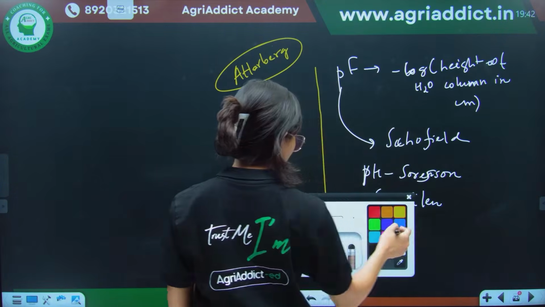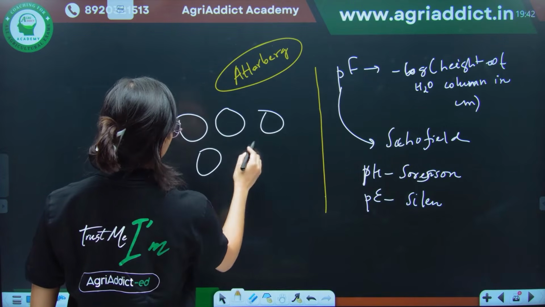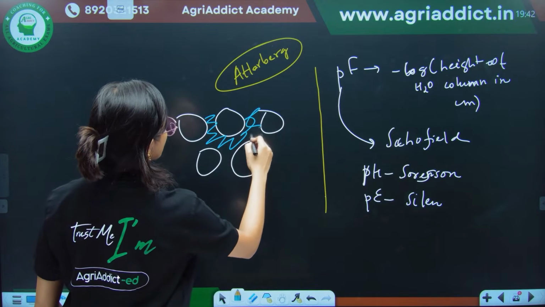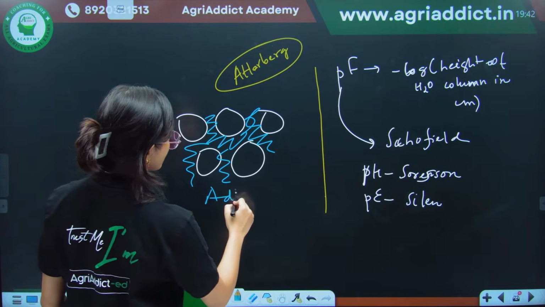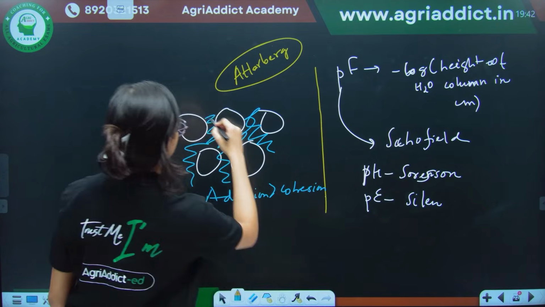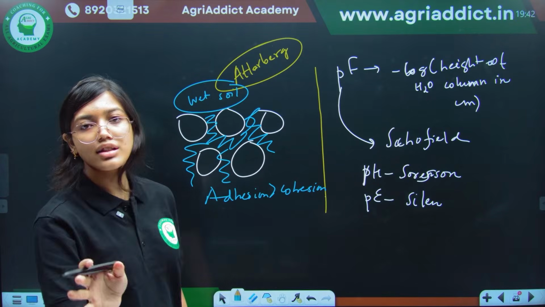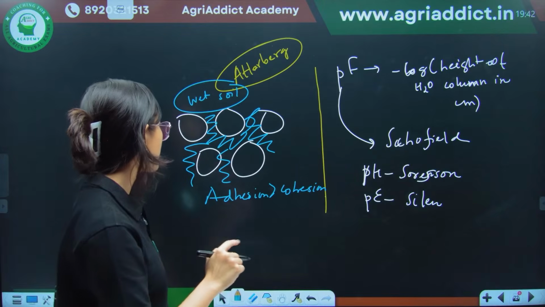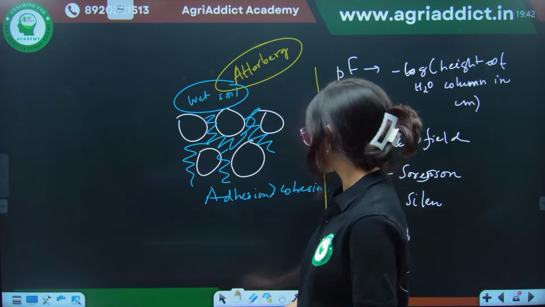Whenever you have soil, suppose you have the soil particles here, and you have loads of water in between. So, if water is there, then what will happen? Then adhesion forces will be more than cohesion, right? This is for wet soil. But in case of a dry soil, there is no water, so no chance of adhesion is there. So, it is cohesive.